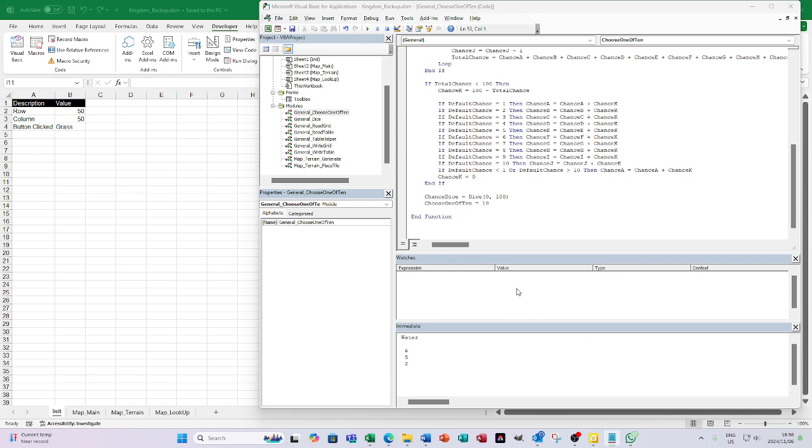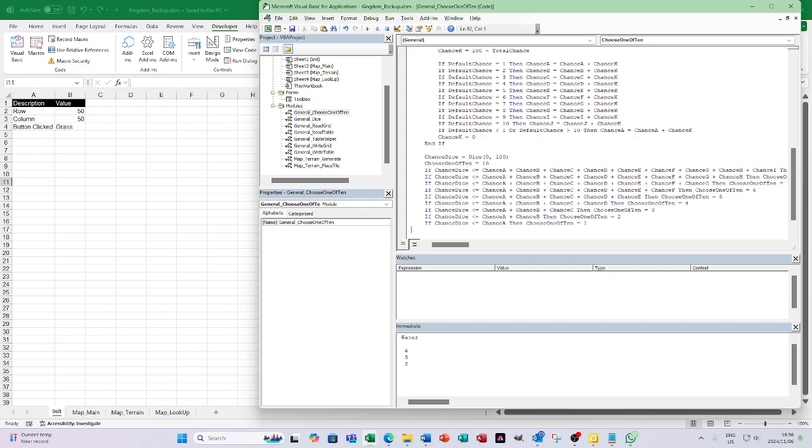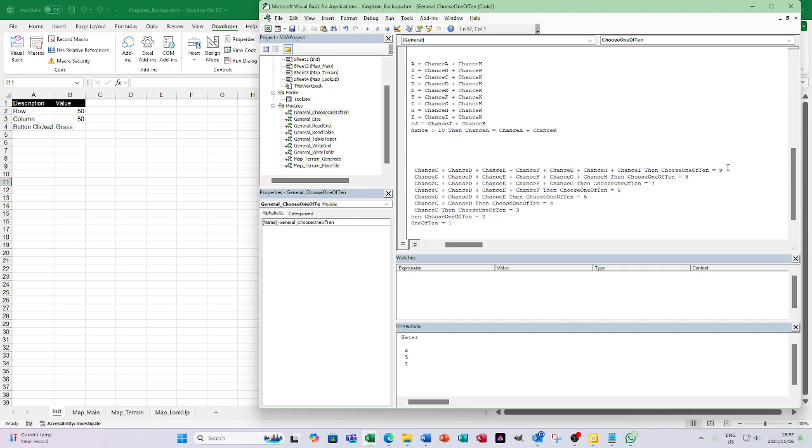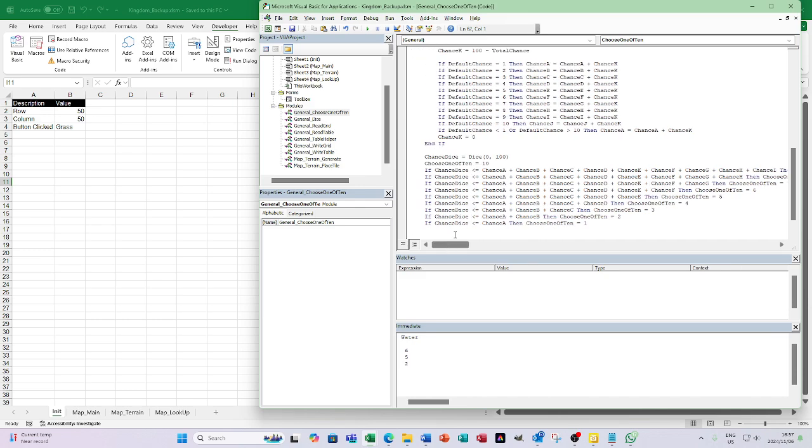So the way I do that is with this section. If chance dice is less than or equal to all of the chances of everything together, then choose 9, because if it is more than that, then the choice that it must make is 10, because it obviously fell within the range of, if you for instance pick 10% for each one of them, then it's going to be in the range of 90 to 100, and that's going to be 10. But if it is not,